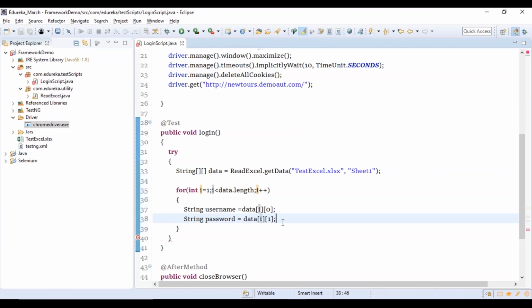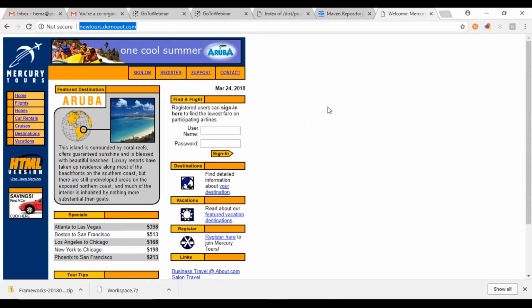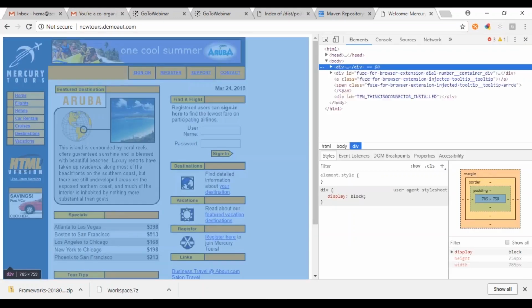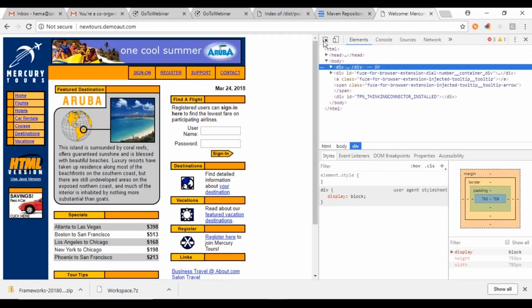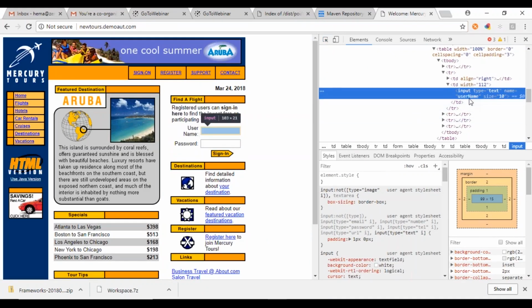So once I have captured this, let me start writing my script, wherein I would be inspecting these elements, and I'm going to run the script based on the values that I have. So let me start working on it. Here I would identify this.